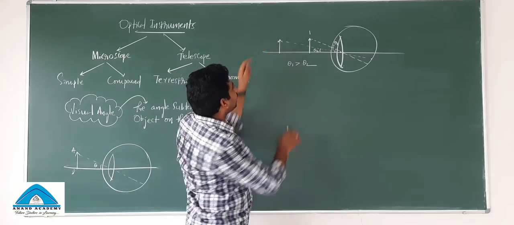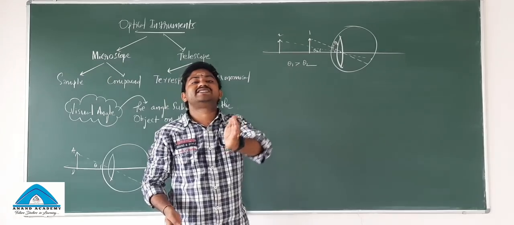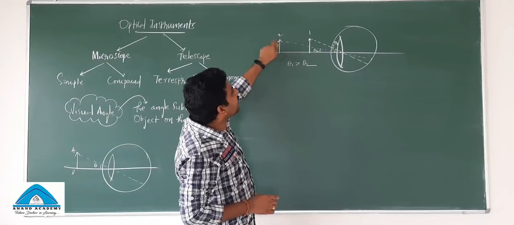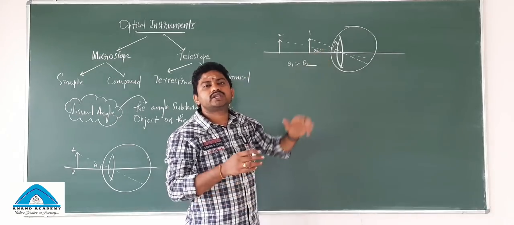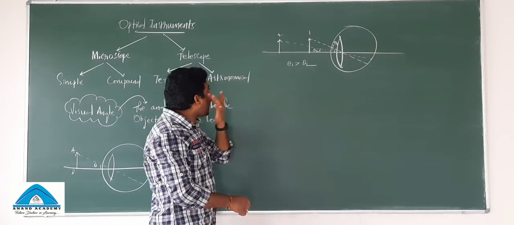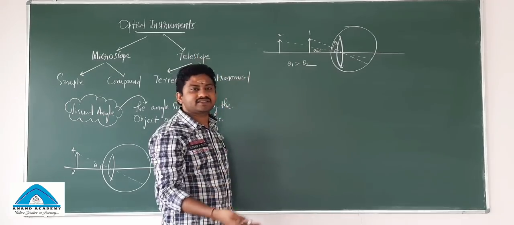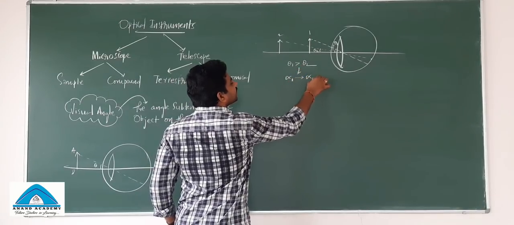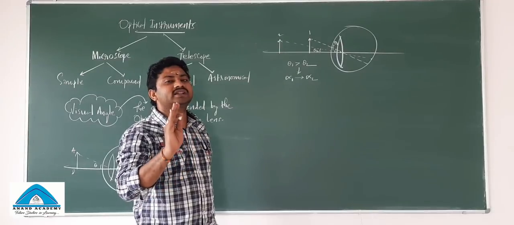The angle made by the object, same height, but the position of the object is changed in front of the human eye. So this is the second position. The angle made by this object with the eye lens is theta 2 here. Which angle is more? Theta 1 is greater than theta 2. So visual angle in the first case is more than the visual angle in the second case. The same can be represented with the symbol alpha 1 is greater than alpha 2. In some books it will be represented with alpha values. You should not get confused.